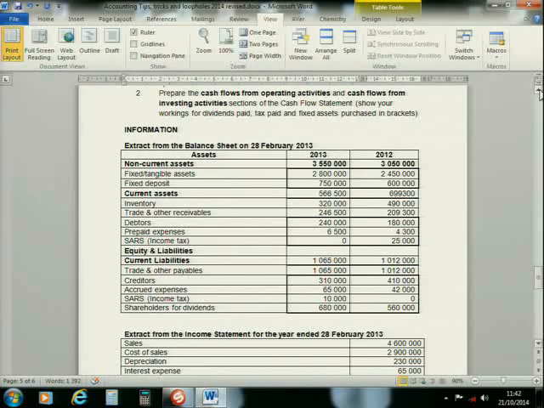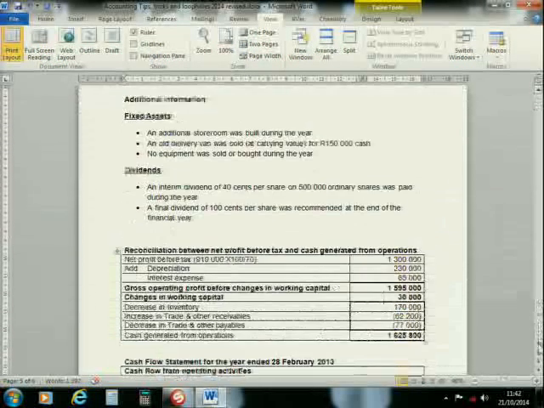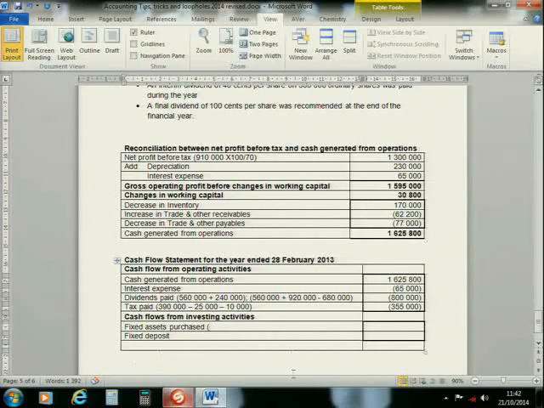Looking at your fixed or tangible assets, pardon me, it's 2,450,000 in 2012. That is the opening balance, and the closing balance is 2.8 million. Remember what I said. Let's start first with maybe the closing balance and determine this. We'll say 2.8 million